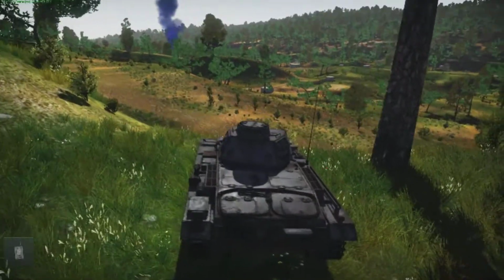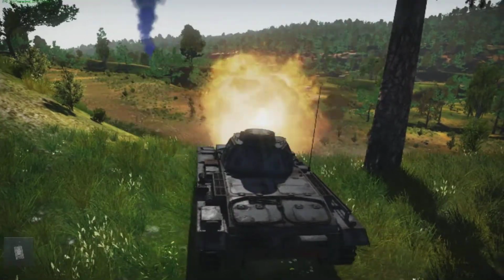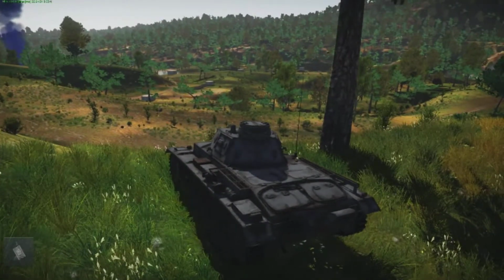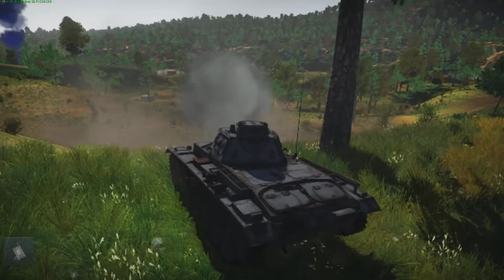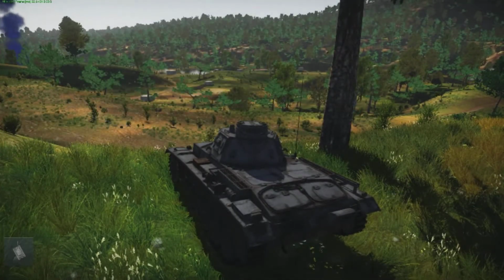In realism and arcade mode you do get markers over the enemy tanks, even though you still have to actually look for them with your eyes and spot them. I bet you didn't see that guy I was shooting at down there, nor did I hit him, so whatever. Maps, you can't see the minimap here because it's a replay, but the minimap would show you that